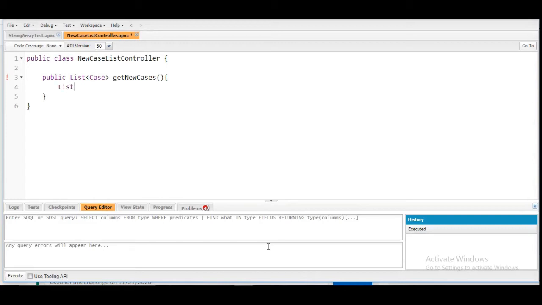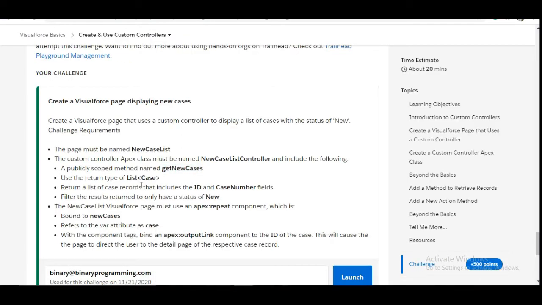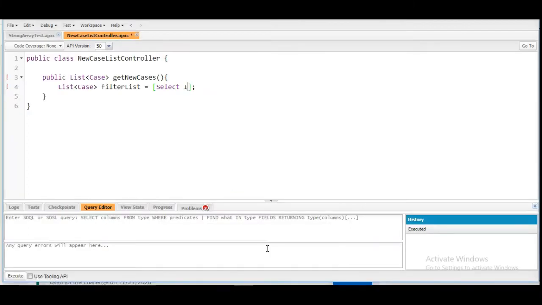Let's write some code in it. We need to return the list of cases. So this is the list. Let's say filterList, as we need to filter it based on the status. And here we need to write the query. So select, we need to pick up two fields: Id and CaseNumber, from Case where the status is New.